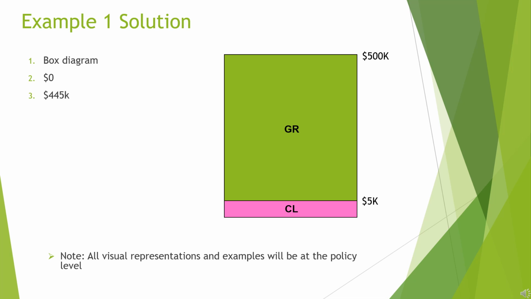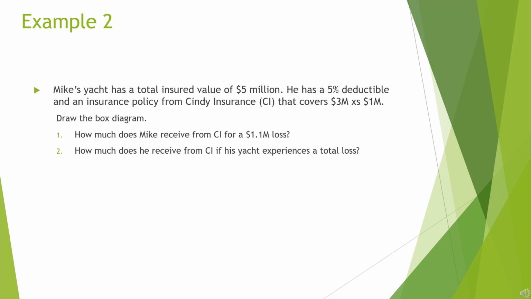For the third question, the answer will be $445,000. The reason is, for a loss of $450,000, Megan pays the first $5,000 and receives the remaining $445,000 from the insurer. Here we go with the second problem statement, which is